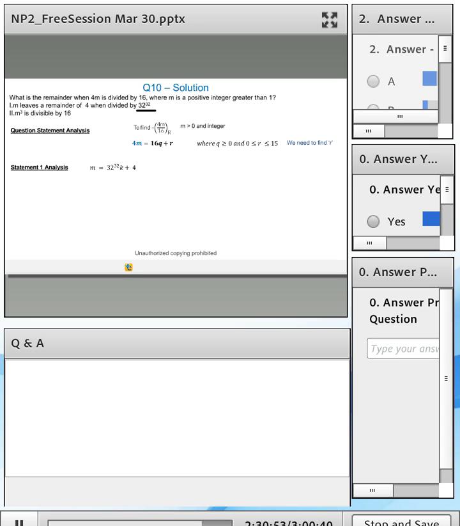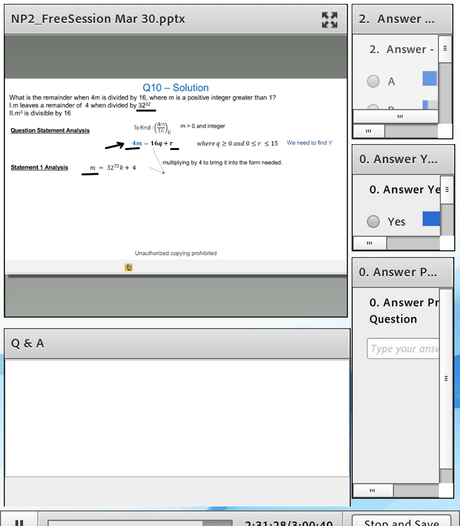Now, pretty large numbers. So that's okay. We are not going to get scared of these large numbers. We get M is equal to 32 raised to the power 32 k plus 4. Now, remember again your visualization skills. We have to find out the value of R. So what we do is we compare, and now you have this equation, and you have this equation. So what we are doing is bringing this equation into the form of this equation over here, so that we can compare the like terms and get the value of R.